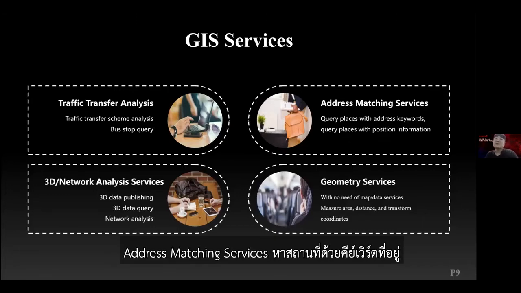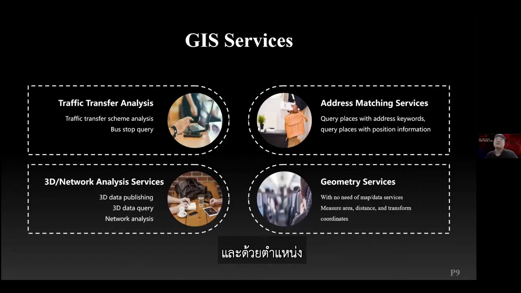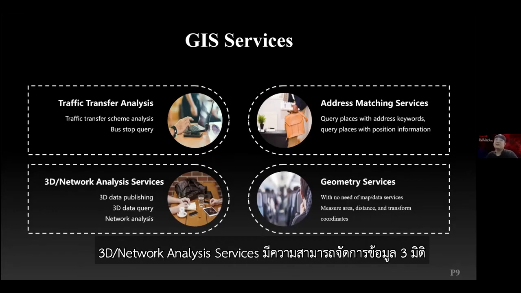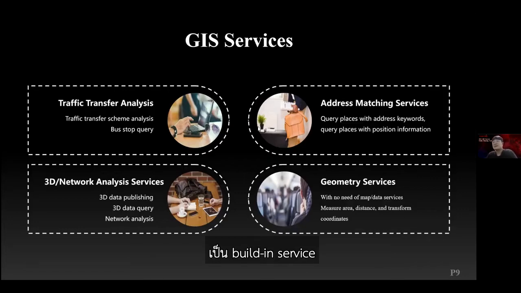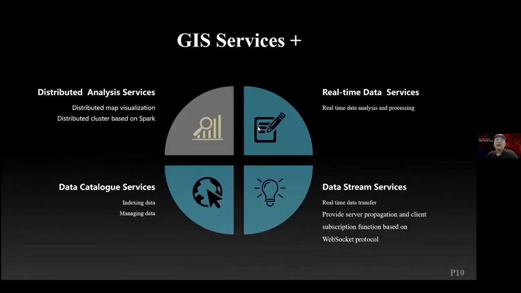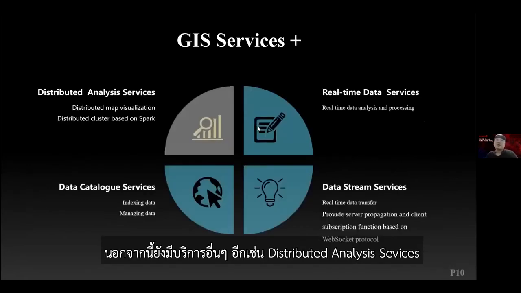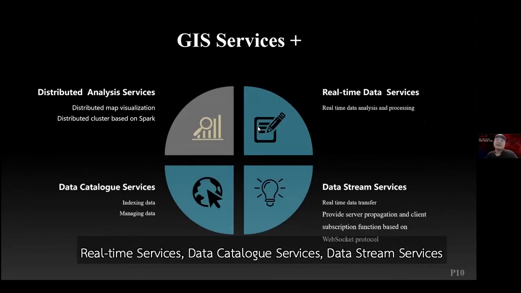And the address matching service is mainly for querying a place with address keywords and querying a place with position information. And the 3D and 3D network analysis service provides us the capability about 3D. The geometry service has no need of map and data service. It's a built-in service, and if there is no data source to be based on, we can achieve some functions. And there are some advanced functions also, like the distributed analysis service, real-time data service, data catalog service,